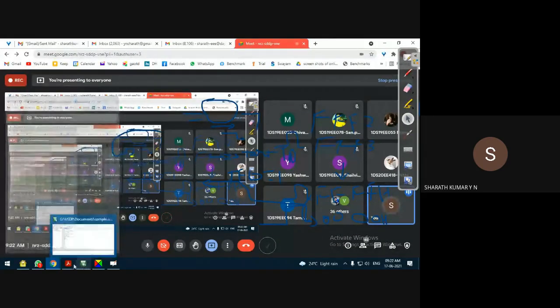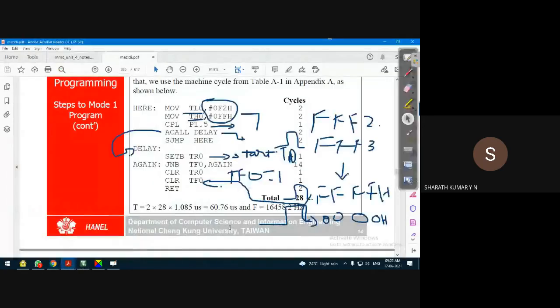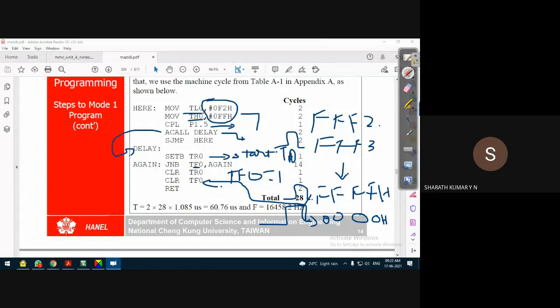So when the TF0 flag is set to 1, that means this delay is generated. So we are monitoring the TF0 flag. Till it is set to 1, the compiler is forced to execute the same line. Once it is set to 1, the compiler will come out of this line, stop the timer, clear the overflow flag to 0, and return.